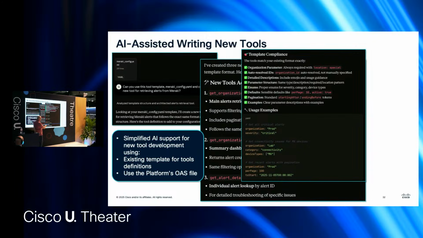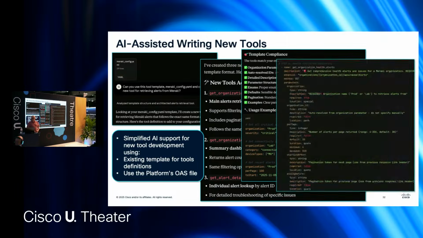So, for example, this is showing me more details about the tool, gives me the compliance with my template, because my template is the one that works for me. You can define your own templates and your description and how you want to make it look. I didn't talk about the fact that tools are grouped by different type of domains to make it easier for users. So, building new tools should be no challenge for either one of us. It's a very simple process.